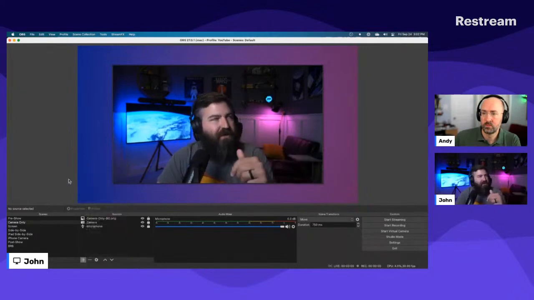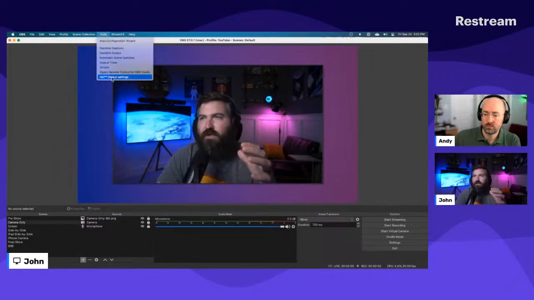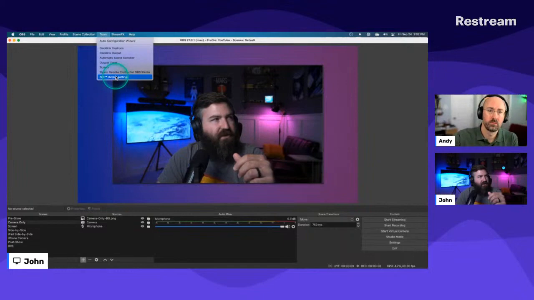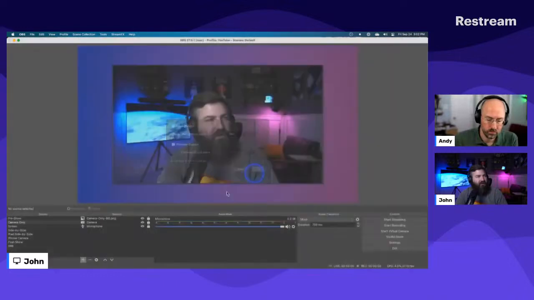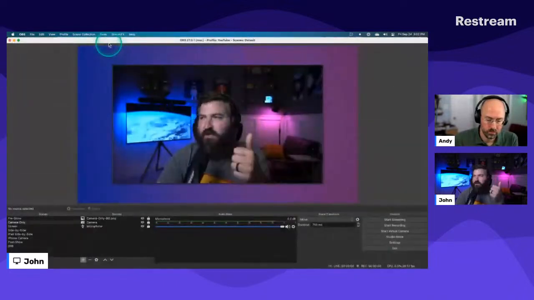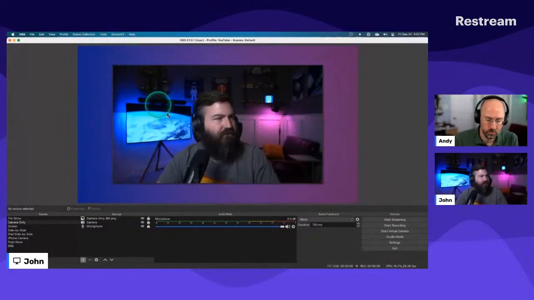The other half of that OBS NDI plugin is that up here in the tools of OBS, you have NDI output settings. If I click on that, now rather than using the virtual camera, I can send the main output for OBS and hit OK. Now I'm streaming the audio and the video out over NDI to my local network.